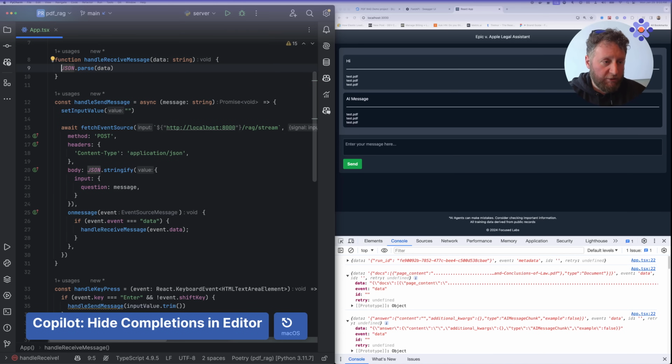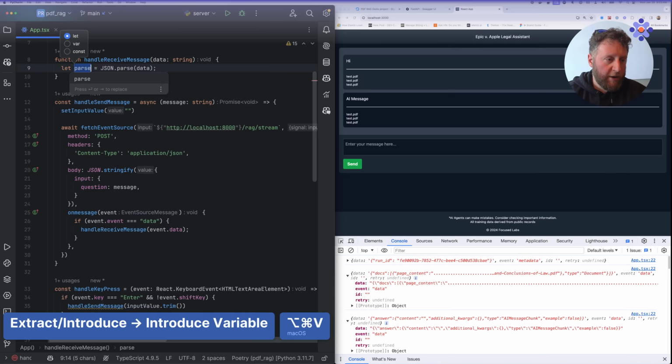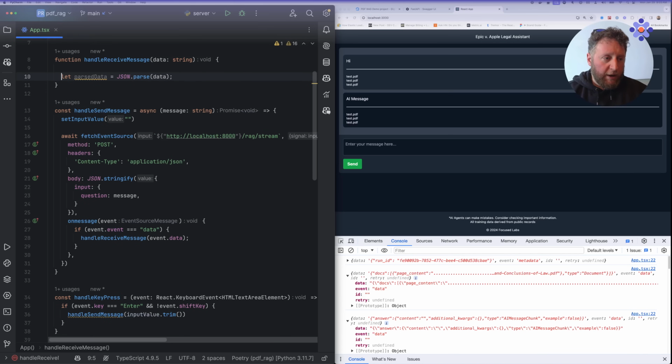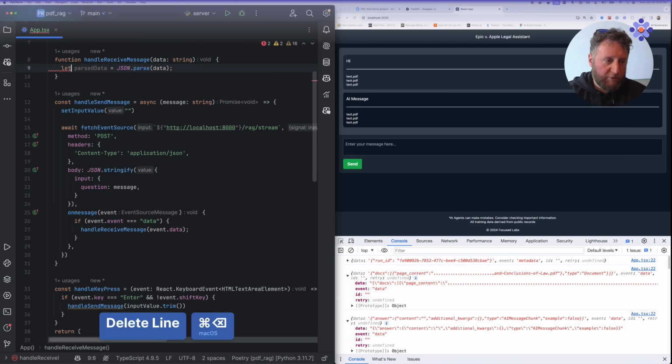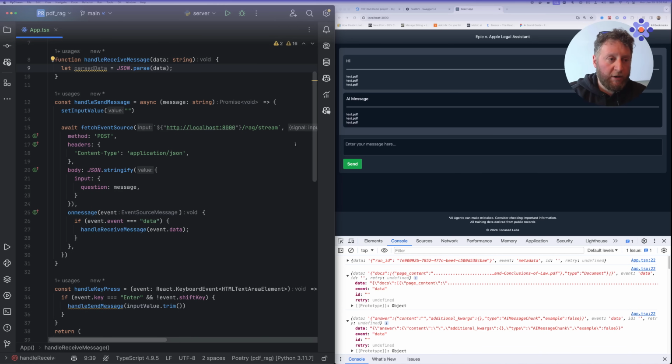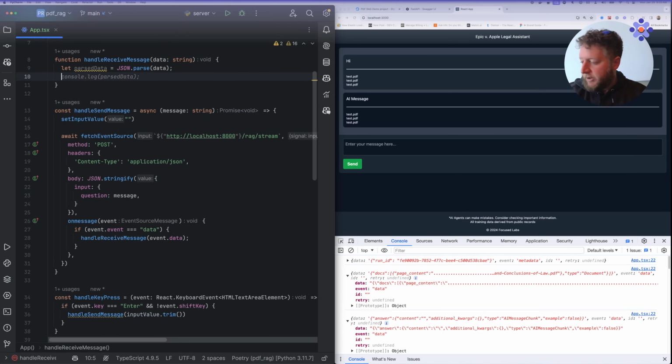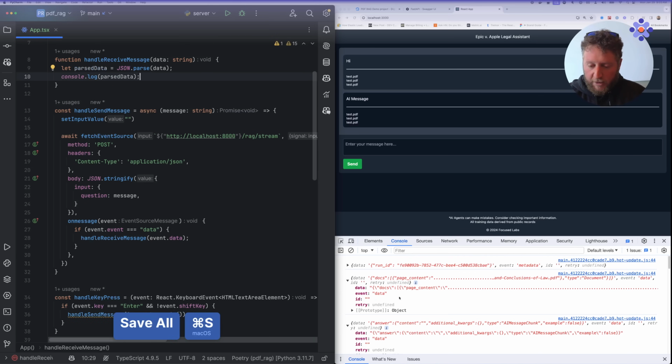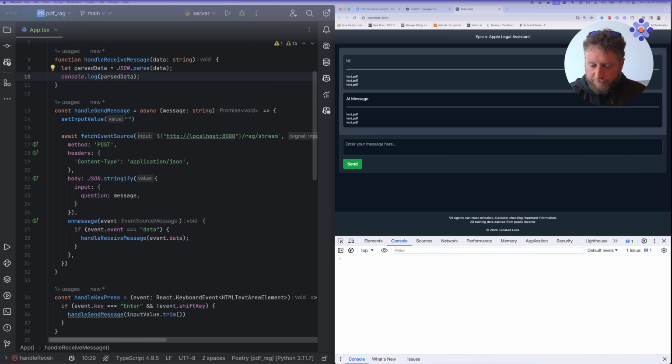Parse our data. And I don't like the completion there. And then we'll grab this out and we'll say parsed data. And I always wrap this in a try except if you want, or you can leave it and get the errors on the front end. If you wrap it in a try except, you could push that error off to an error handler, or something that alerts you, whatever you need to do so you can see why it's not sending the right thing. But now if we look at our parsed data and we clear out our console and we say hello,